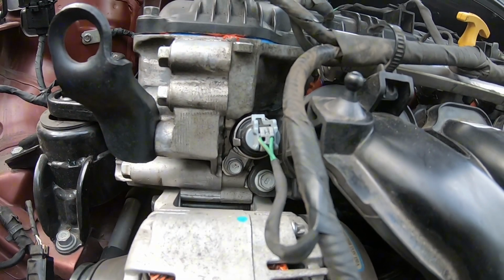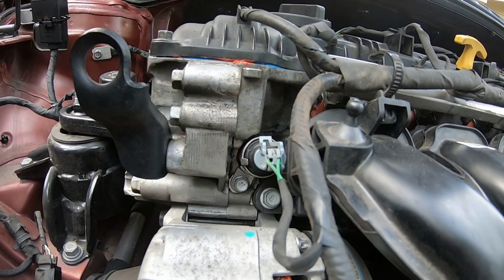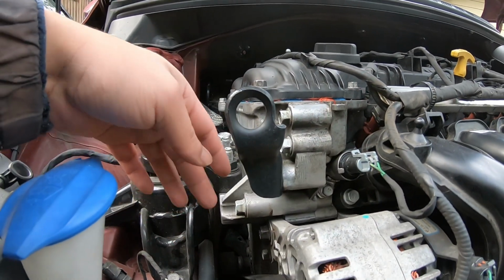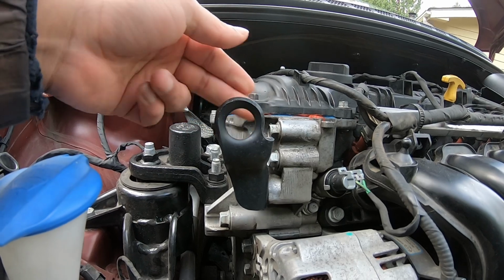I'm about to look at them and try to clean them out, since the car is having a little bit of trouble. But like I said before, I doubt it's the sensors. I'm pretty sure it's the whole timing chain. Like I said, I did get the timing chain in, and